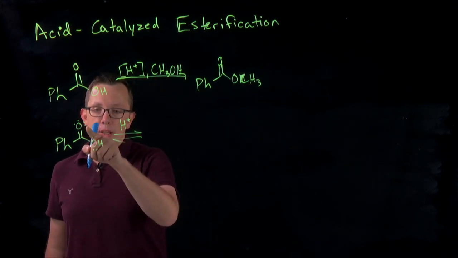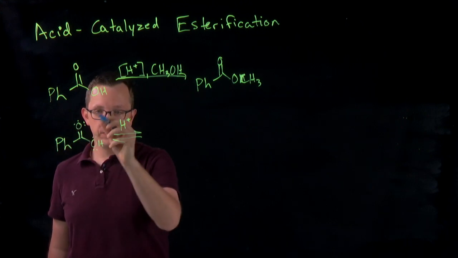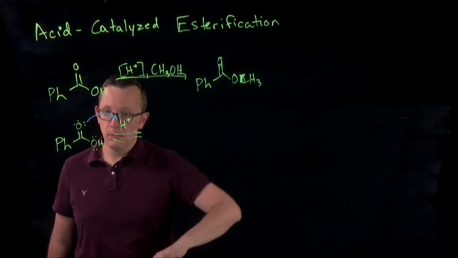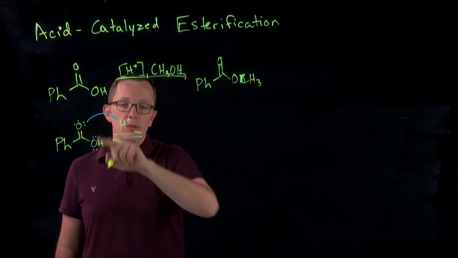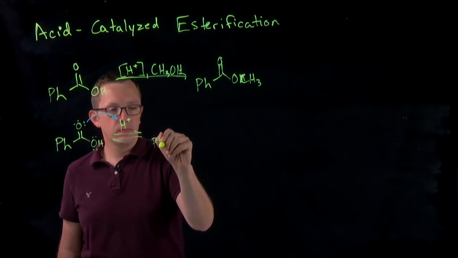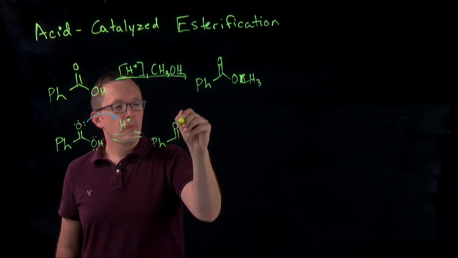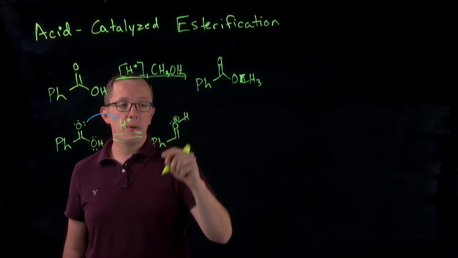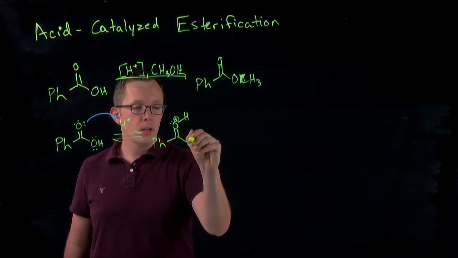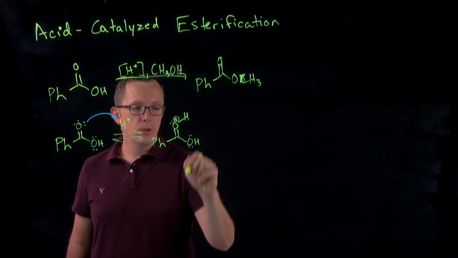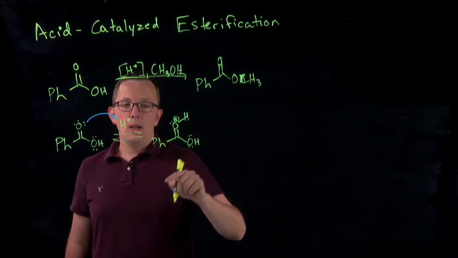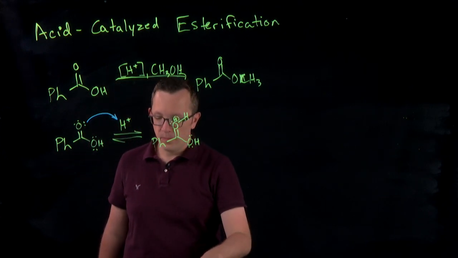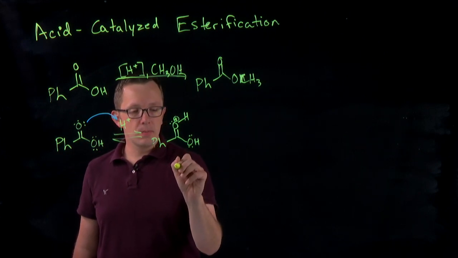So here the carbonyl oxygen is going to protonate. It's going to use a lone pair to grab a hydrogen. We're now going to have a positive charge on oxygen, so we now have an even more activated carbonyl compound. So in the next step of our mechanism,